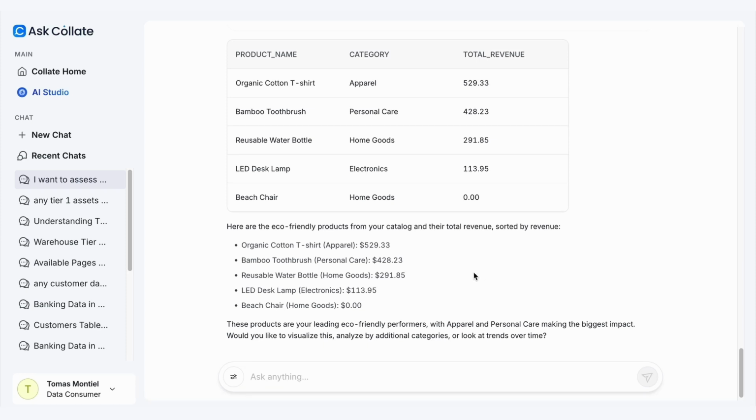And this is actually the perfect scenario for the engineering team to kick in and leverage AskCollate to perform a root cause analysis, which will be the focus of our next demo. But let me step back and summarize what we have accomplished in just a few minutes without actually leaving this chat. We searched our data catalog and filtered for Tier 1 certified assets, ensuring we are working with